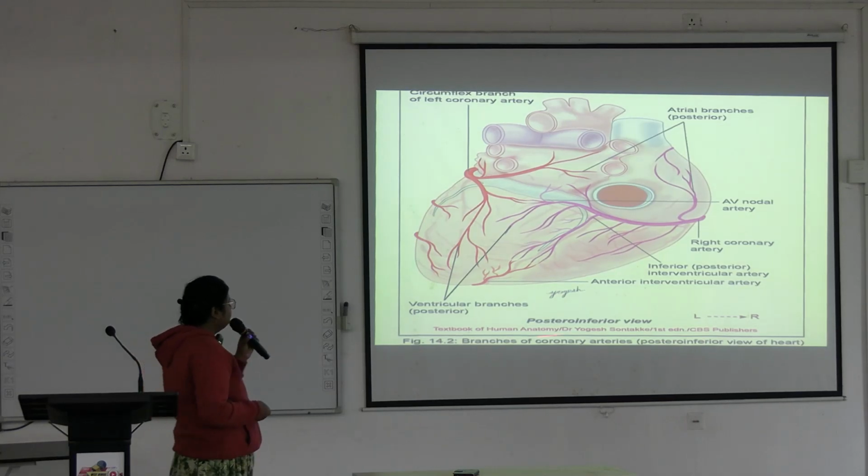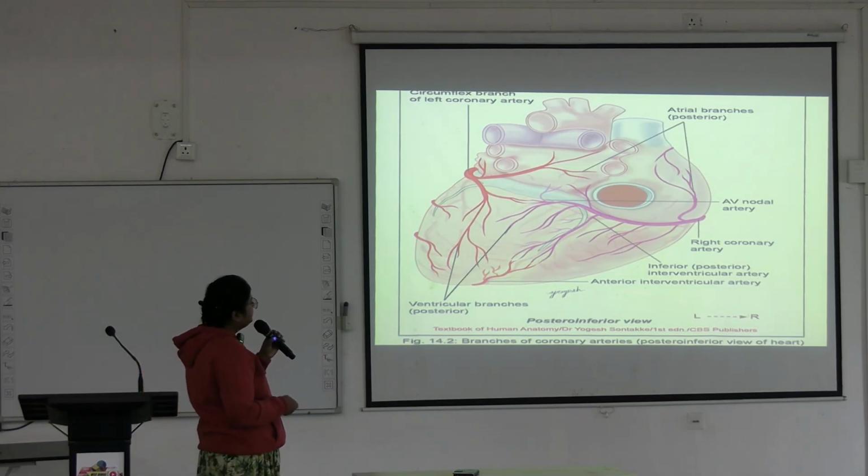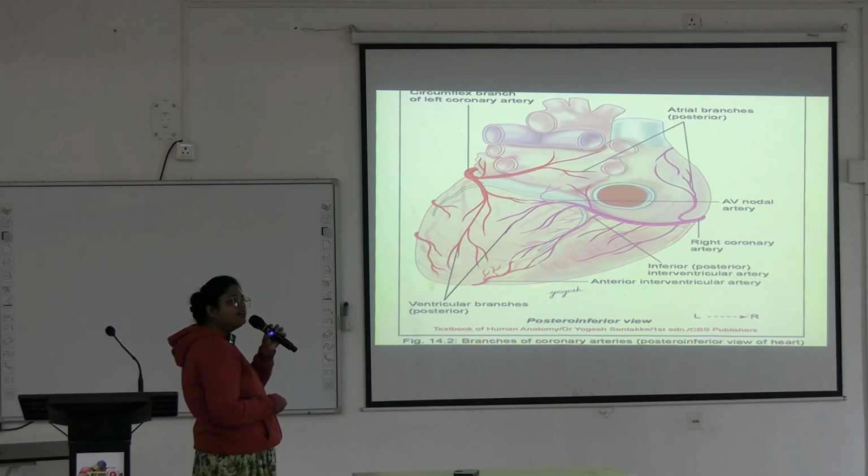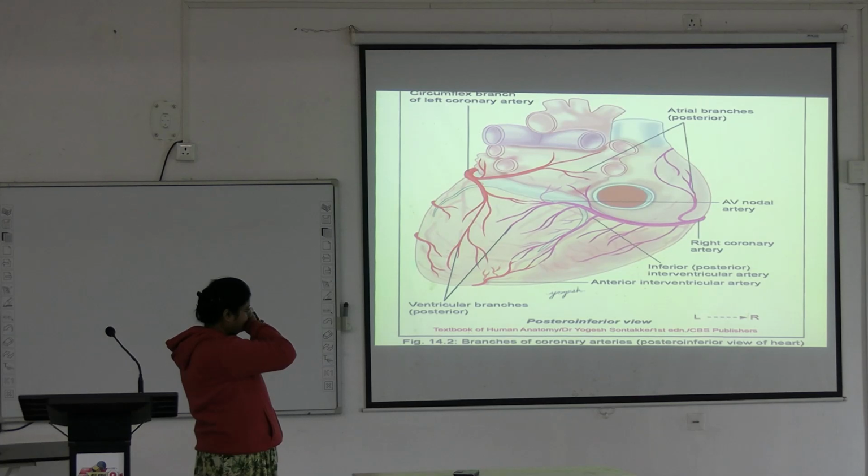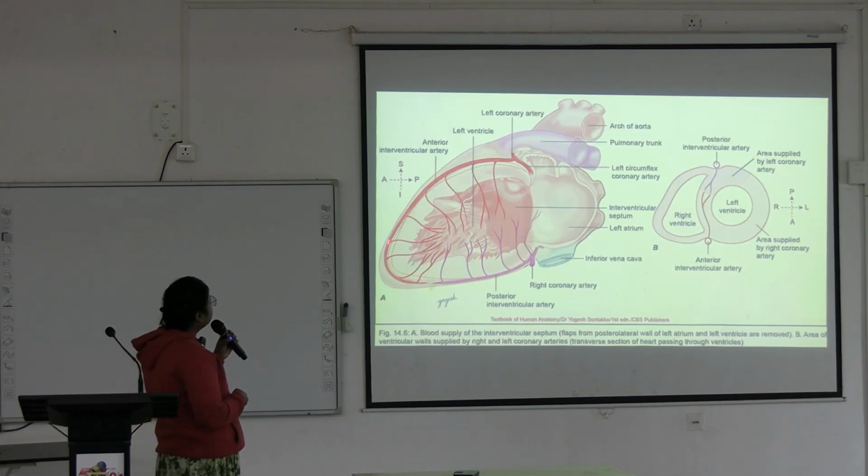See here, this is the posterior inferior view of the heart. Here is the location of the coronary sinus at the atrioventricular groove, and this is the posterior interventricular groove. So, this branch is the posterior interventricular artery branch coming from the right coronary artery, and in the lower part it is anastomosing with the anterior interventricular artery. The anterior interventricular artery turns round near the inferior heart border and anastomoses with the posterior interventricular artery